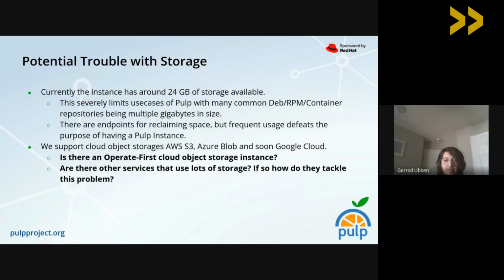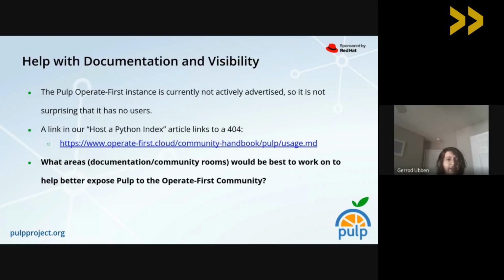Cool. Thank you. And then on to my final point: help with documentation and visibility. I've been going through the Operate First documentation for the past couple of weeks, and I would like to help contribute to the documentation, and specifically add sections talking about Pulp and this Pulp instance. One thing to note is that in the article that we posted on Red Hat Developers,